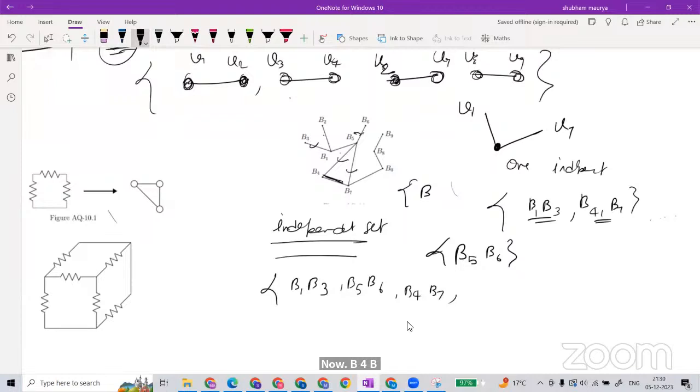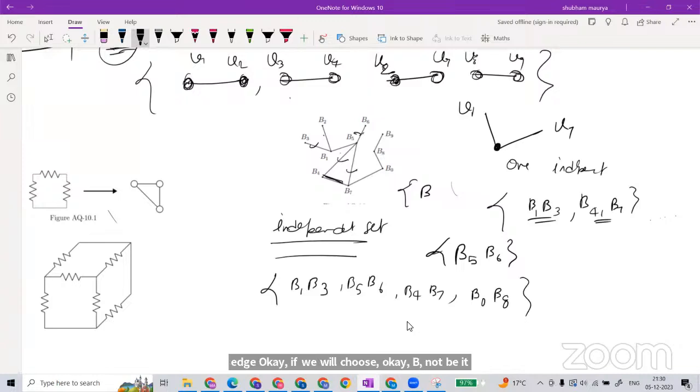Then B0, B8. Once I choose this one, I cannot choose this one, but we can choose this edge. So if I choose B0, B8,